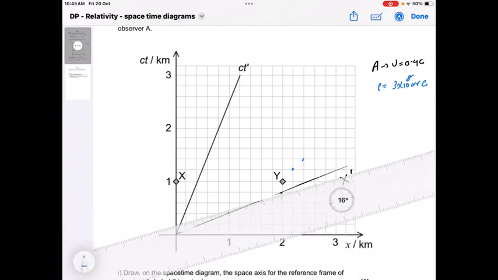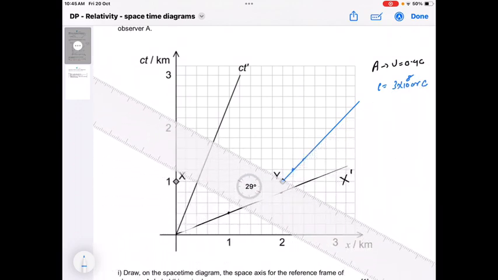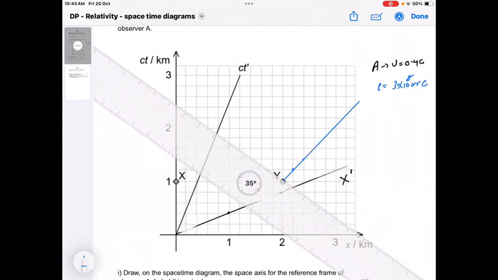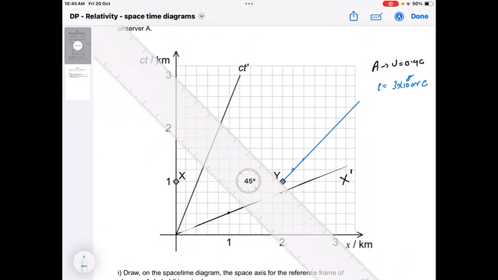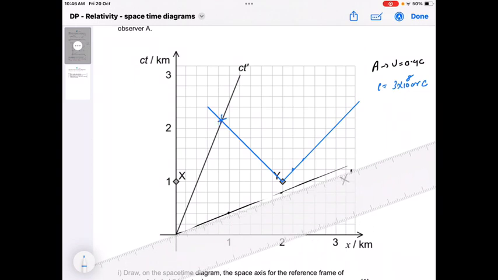this line. From y, if I am trying to plot, approximately this will be my 45-degree line. If I have to make this line cut the CT dash axis, I will make another line which is approximately perpendicular to this. Over here. So, the lamp y will be observed by observer A at this time,